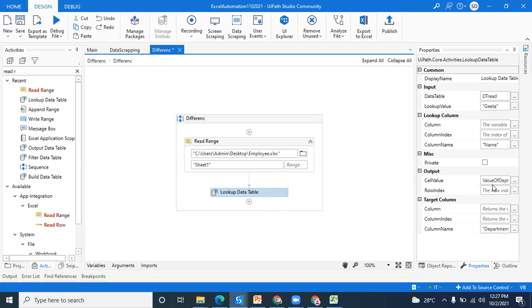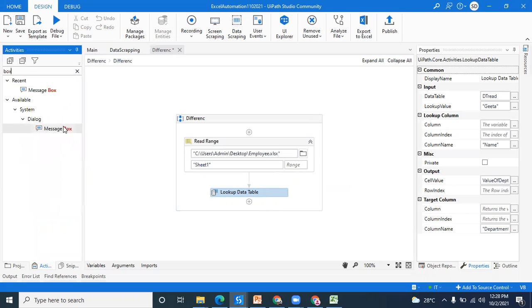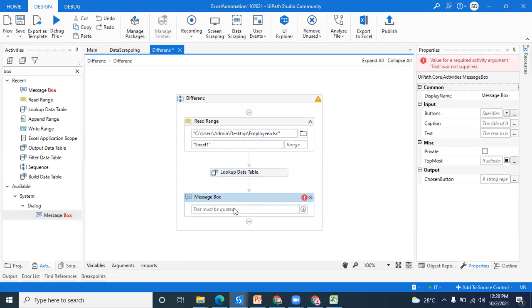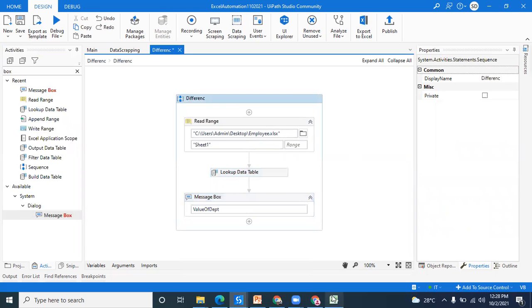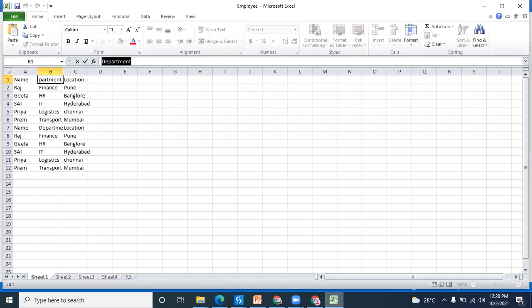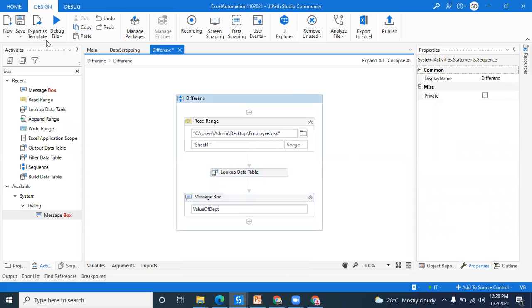Now here I'll get only a single value, so I can just check it by using a message box. Let me close this one and run this code.